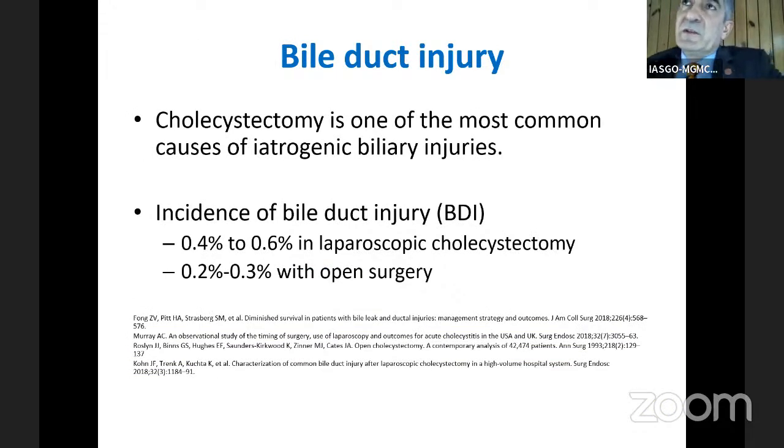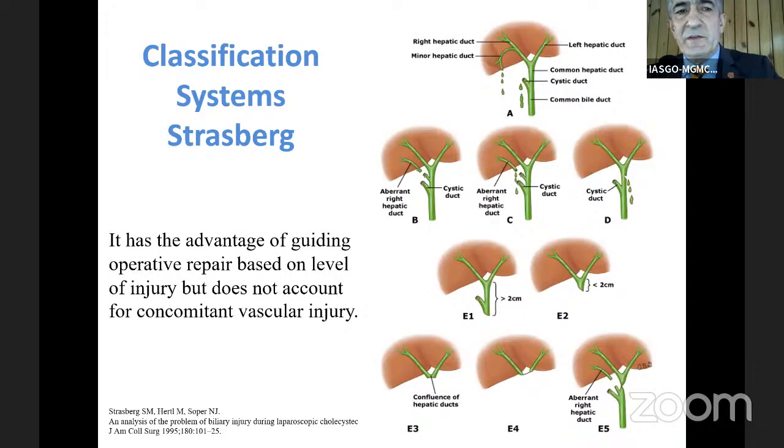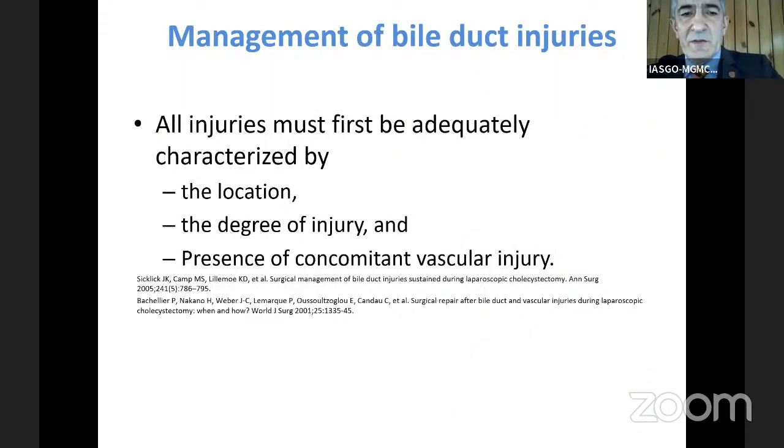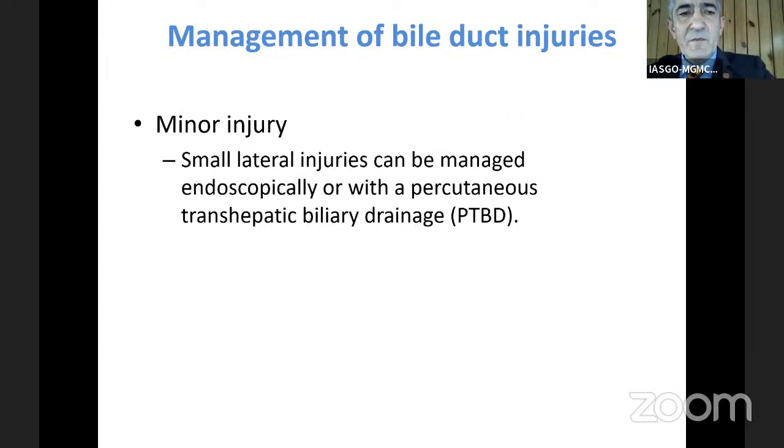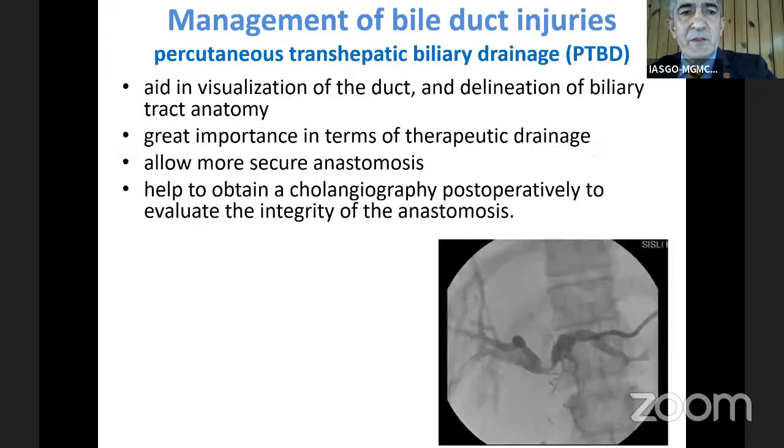Bile duct injury is another issue for biliary drainage, and cholecystectomy, as we know, is one of the most common causes of iatrogenic biliary injury. This is the classification system, as we all know, and some of them can be treated by endoscopic biliary drainage. But for all injuries, we must first find the location, degree of the injury, and presence of concomitant vascular injury. Small lateral injury can be managed endoscopically or with a percutaneous transhepatic biliary drainage catheter. But for more severe